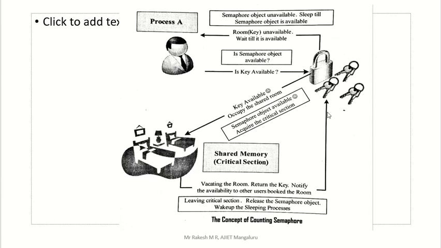Here you can see three keys are there, and a lock is there. That key is kept near the reception. So any person who comes here gets access to the given shared room. We have to consider that room as the critical section. Only one, two, or three persons can go inside it.